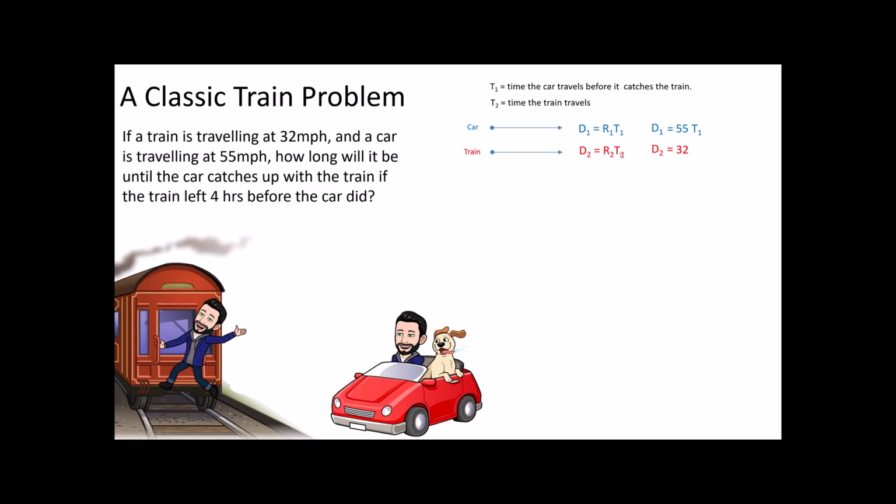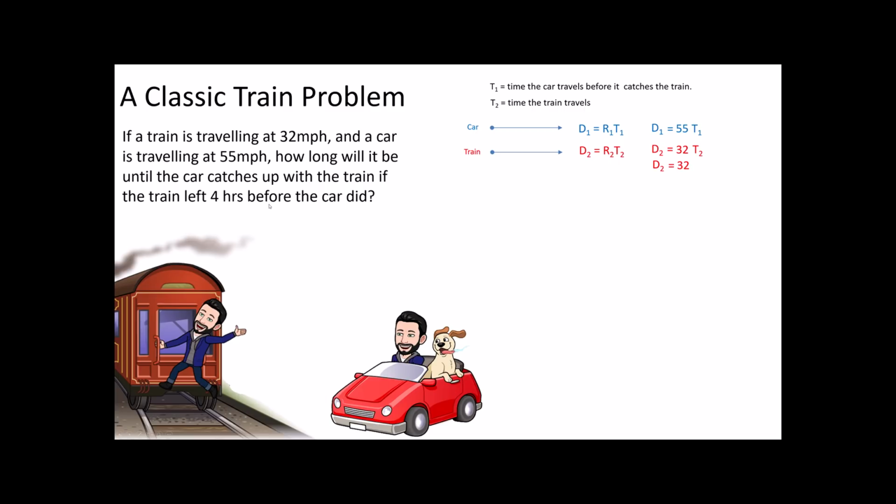And we don't know the train's time either. Notice we indicated up here that the train's time was T2. Now, some people say to me in my class, couldn't we take that T2 and replace it with something based on this equation? Absolutely. We know that T2, or the time the train travels, is, let's see, the train left